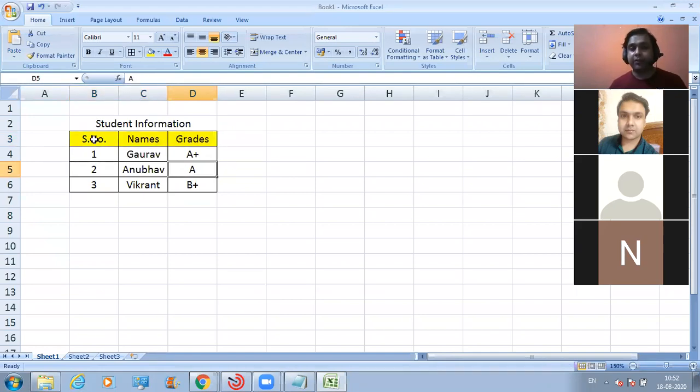But as we can see, this is a row in which all three headings are present. So remember this thing: before you define something for a row, you need to create a row first. Always you have to do this first. You have to create a row first, and after that you need to define the things that you want to define in that row.